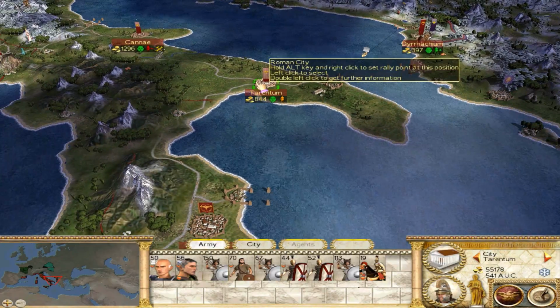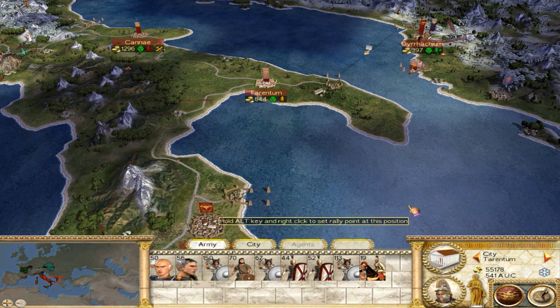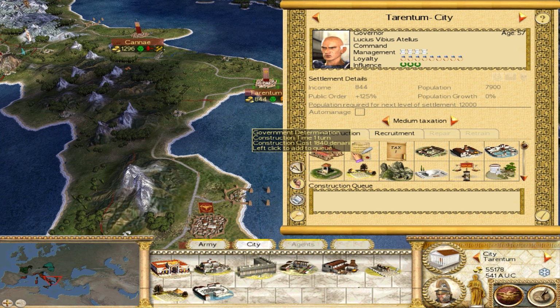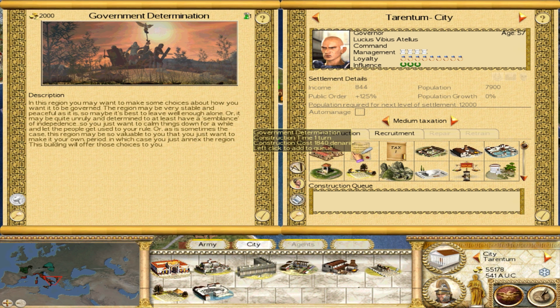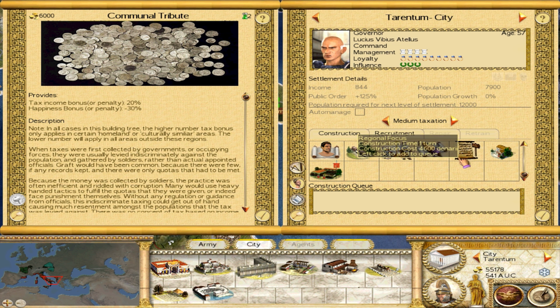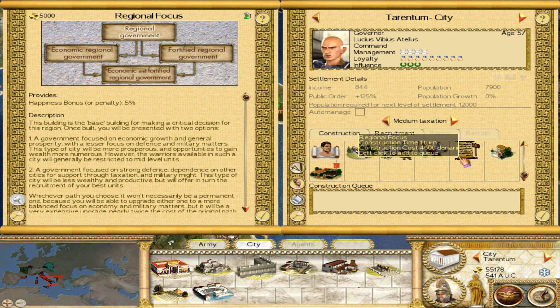their allegiance to them. Of course, the building system has been reworked in Roma Surrectum II, and you can have a look at kind of building chains somewhere else, but government determination is one of the main ones. That allows you to decide what kind of government you're going to impose on the people where you've conquered. You can annex regions so that they're not actually part of the state, or incorporate them into Roman lands and give them citizenship. You also have regional focus, where you can determine if it's going to be an economic region or a fortified region, eventually working your way down to an economic and fortified